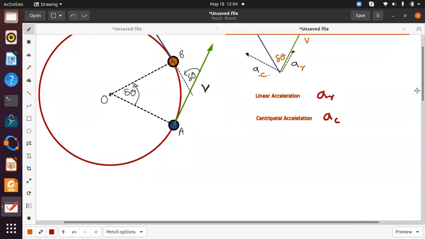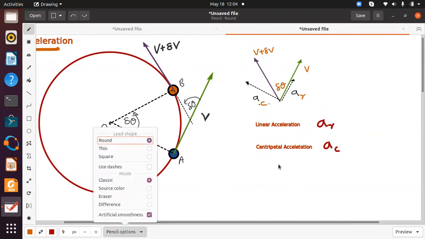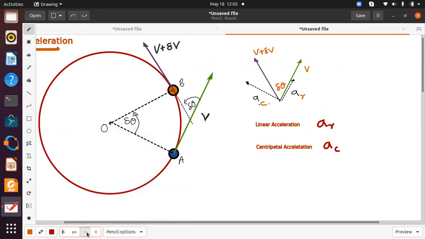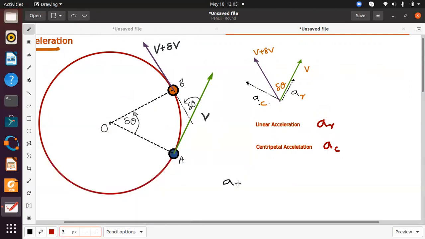So if you take a sub c, sorry about that. Now, if you define a sub c, what is a sub c? A sub c is an acceleration. Therefore, you have to start from the definition of acceleration. A sub c